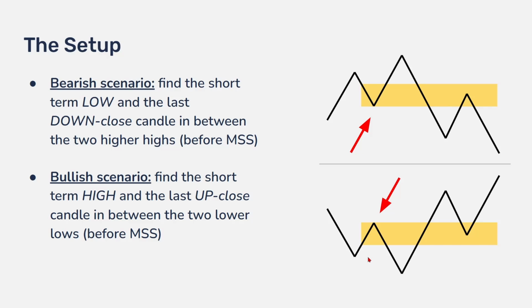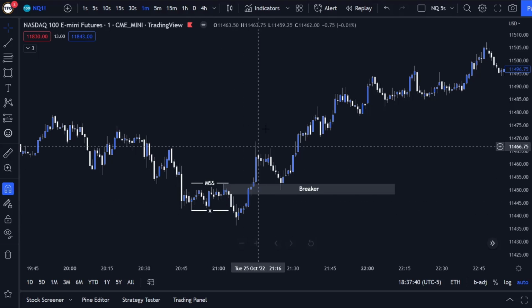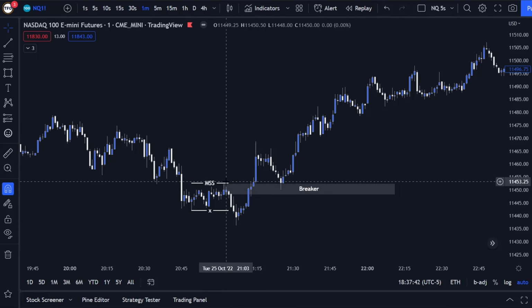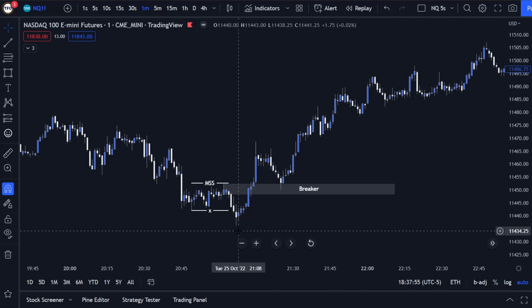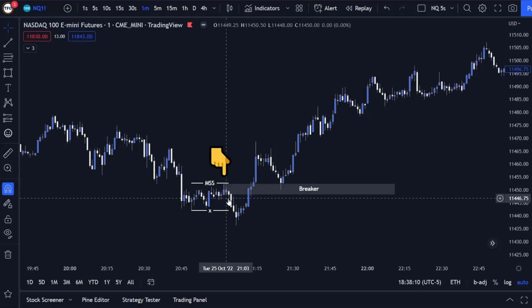The same thing for a bullish scenario here. You want to look at these two lower lows, find the short-term high, then find the last up close candle right here. And if you extend that out in time, that becomes your breaker block. So we have an example here of a bullish setup where price runs old lows and you have some displacement that creates this market structure shift above recent highs. What we said in the previous slide is that we want to look at these two lower lows, find the short-term high in between them,